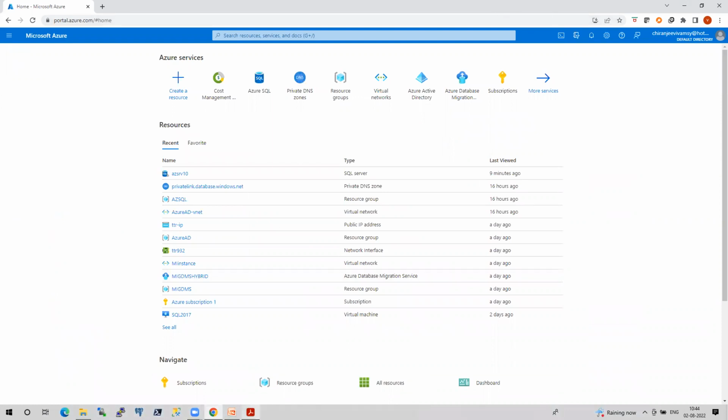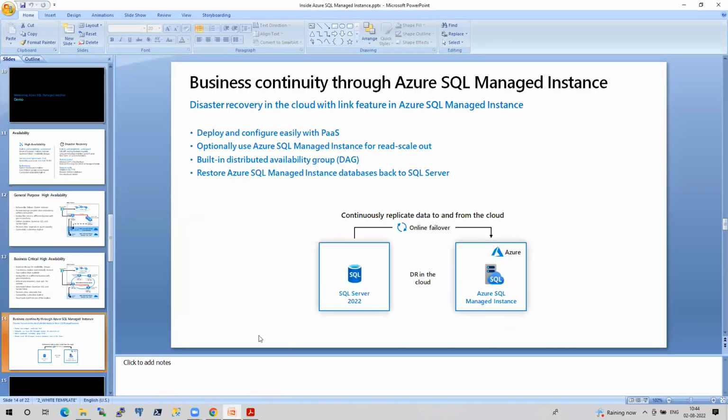Yeah. Okay, so there are many things lined up, so I'll just touch base on those things. It's very interesting, and I'm looking forward to going through all these scenarios. First thing first, they have introduced a new feature in 2022, where you can create a kind of always on. It's not always on internally, it's like a distributed always on. So I'm going to create a kind of always on between 2022 SQL and our managed instance.